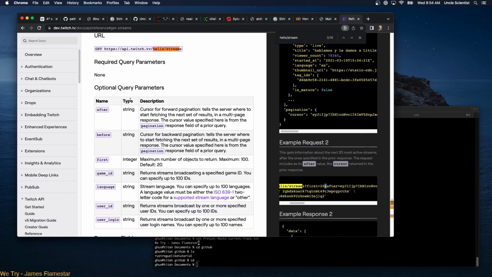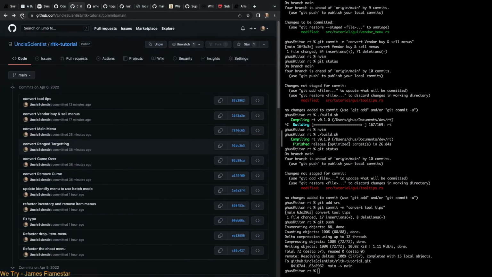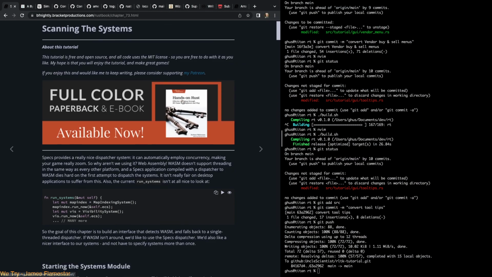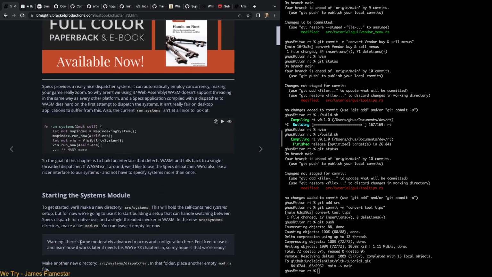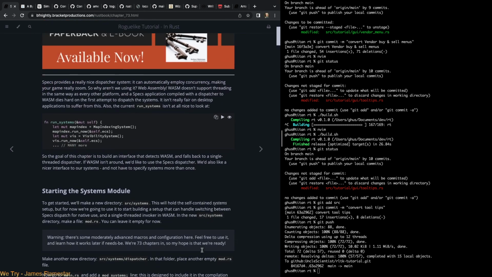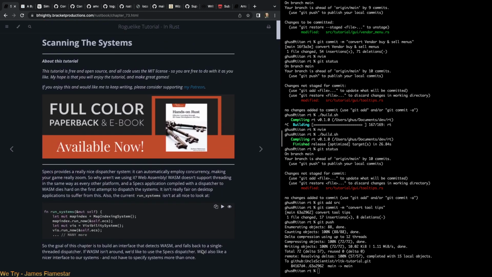Very nice. Tomorrow we're going to start working on scanning the systems. We're going to update how we handle the systems. There's some moderately advanced macros and configuration here. Feel free to use it and learn how it works later. We're 73 chapters in, so my hope is that we're ready. All right, so we will look at scanning systems tomorrow,